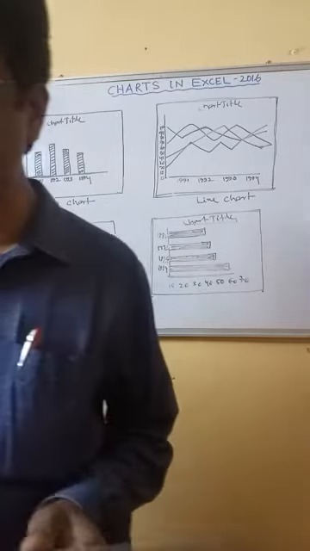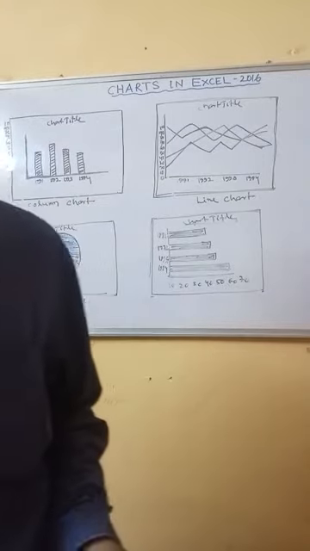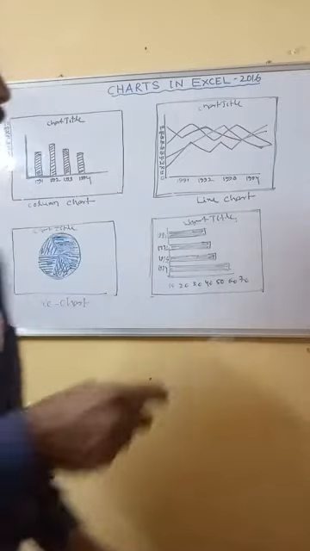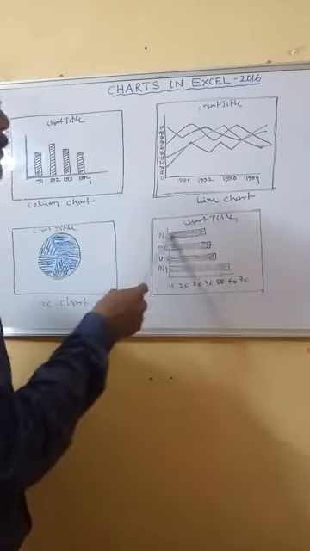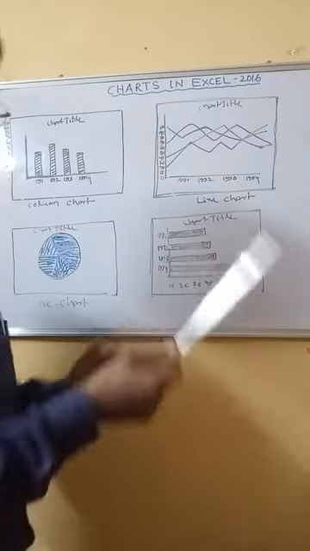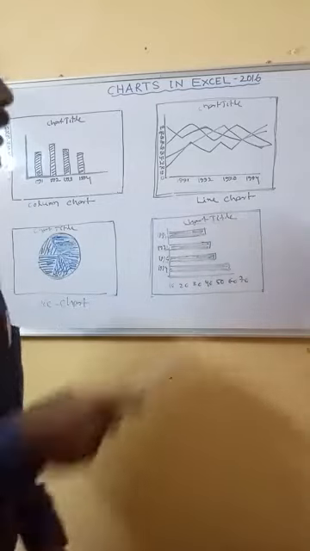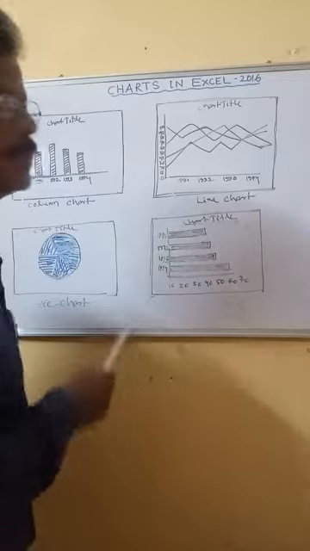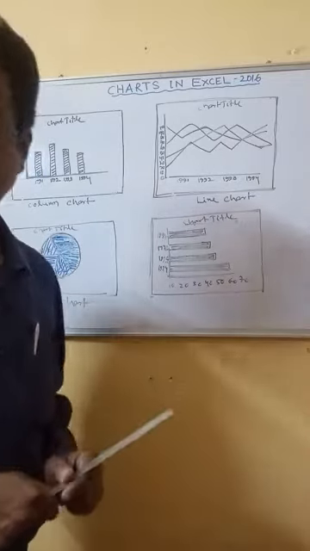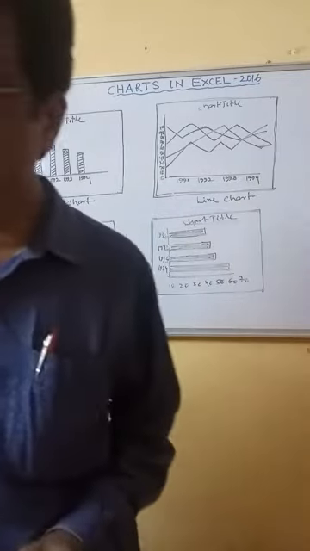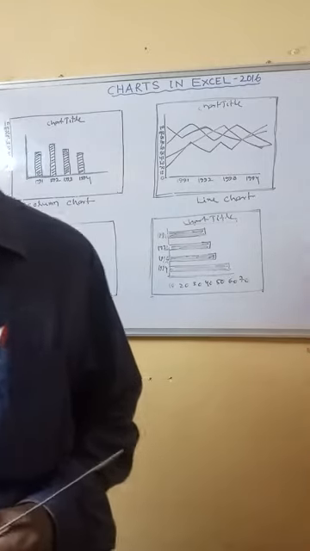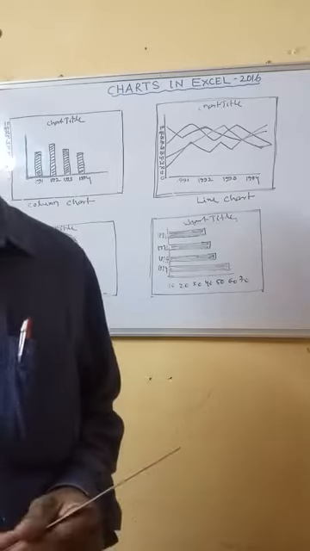A bar chart shows comparison among individual items through a cluster of bars. A cluster of bars means a group of bars. In this manner, a single bar or many bars you can represent. So a cluster of bars means a group of bars, or a single bar is also possible. The category is organized vertically and the values horizontally in the bar graph.